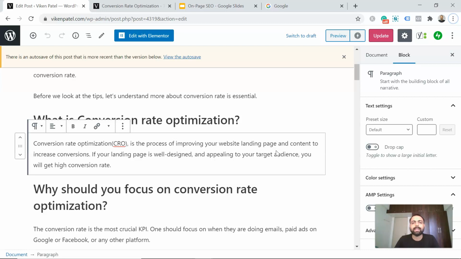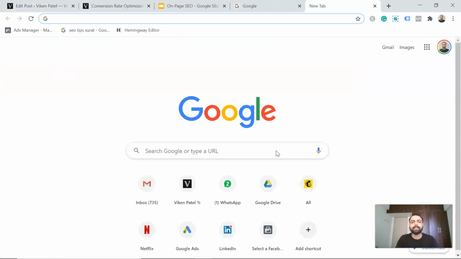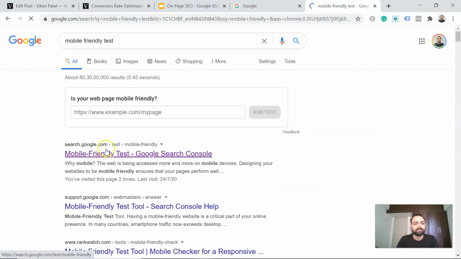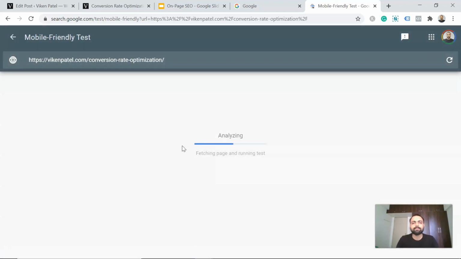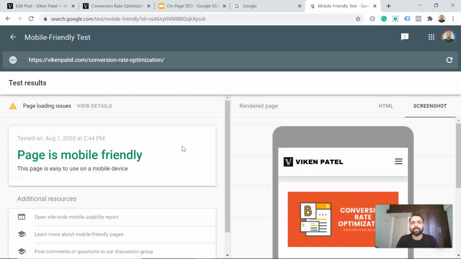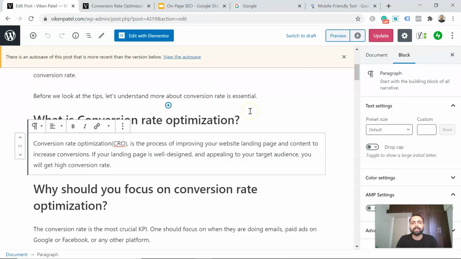Another important parameter is the mobile friendly test. You must go ahead and check the mobile friendliness of your website. For example, if I have to take a test, we have a tool from Google called Mobile Friendly Test. So as you can see, the page is mobile friendly, right? Your website page must be mobile friendly in order to rank well on Google, because Google has released mobile first indexing as one of the factors of the search engine algorithm. So focus more on your mobile website as well as website speed.